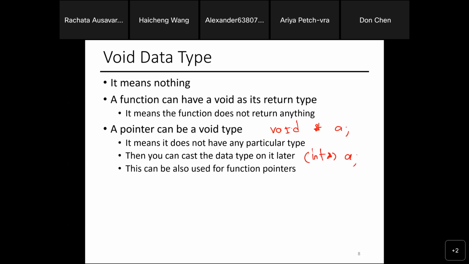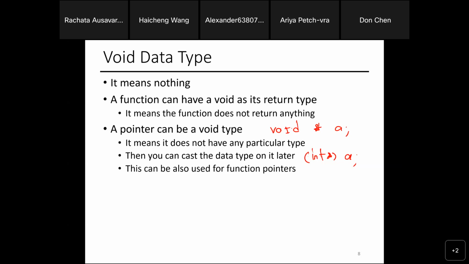Basically, function pointer works this way. Your code is also in the memory, which means that I can point to the code, because a pointer can point anywhere in your DRAM. Your running program is also in memory, so I can point to the function. The way I can refer to a function call, and pass a function as an argument in your program, is I can use a pointer. We call this a function pointer.